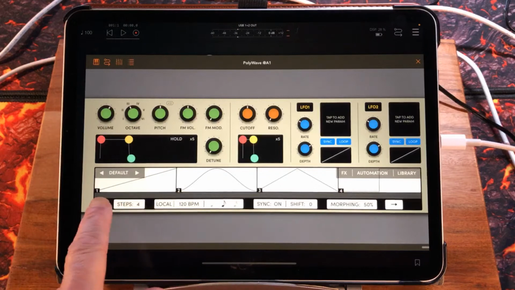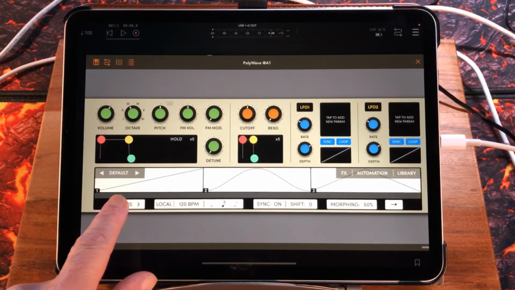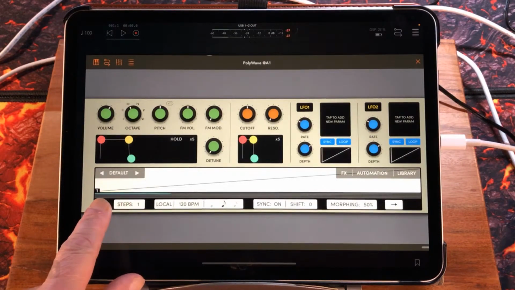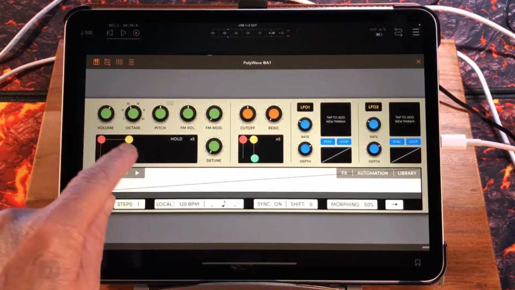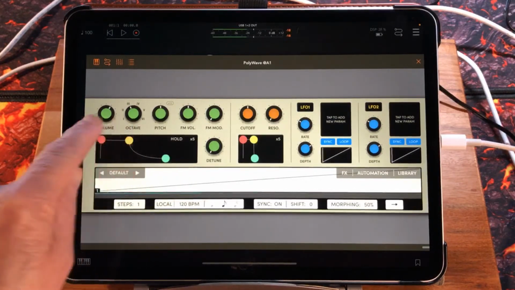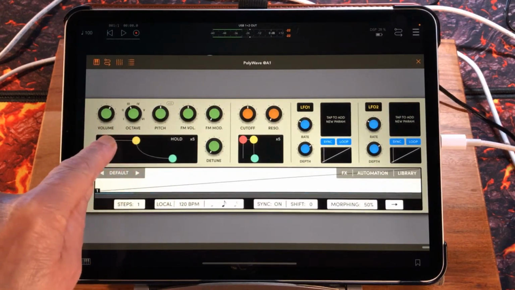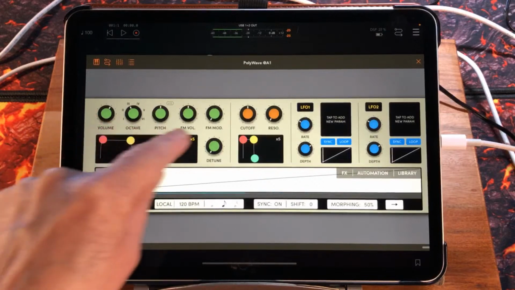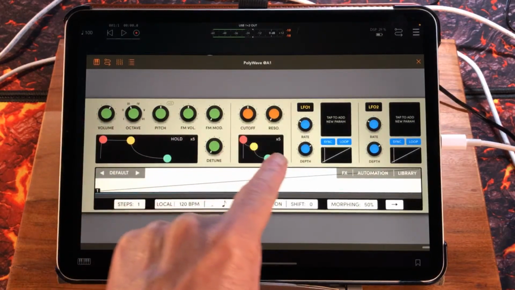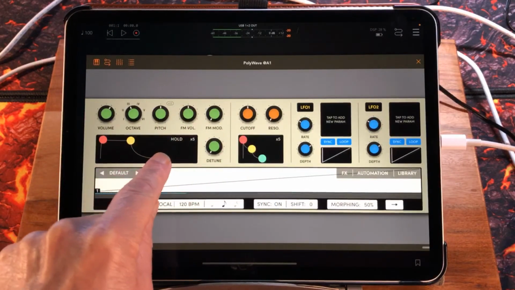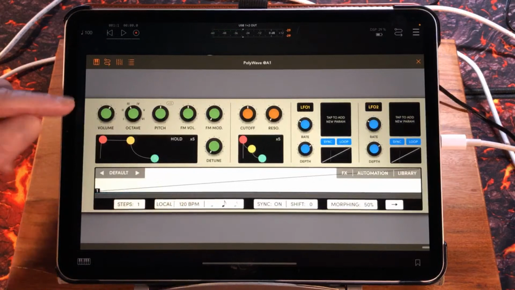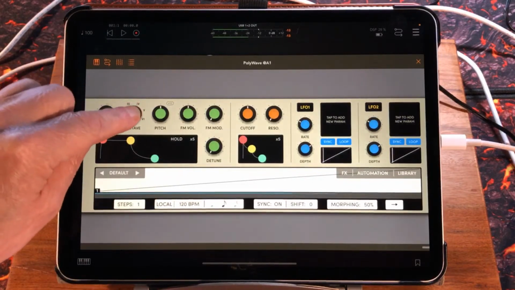Okay. Steps 4. You'll see if I hold this and I decrease the steps, now I've got basically a saw wave. With this one saw wave, we have our ADSR, of course. I'll just increase the filter ADSR as well. Release. So you have volume, octave,